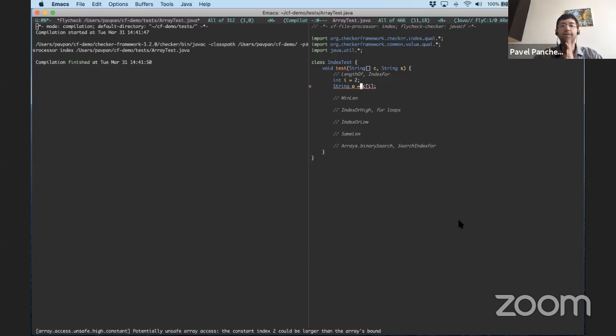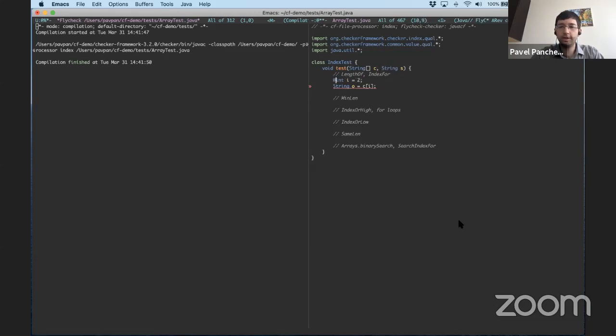So this is the fundamental thing that the index checker is trying to do. It is trying to check that the indices that you pass to arrays are valid indices for that array. The first thing I want to show you is how you can actually create a valid index for an array. Here I just suggested that the array index should be 2. That's obviously not going to fly. However, if for whatever reason,